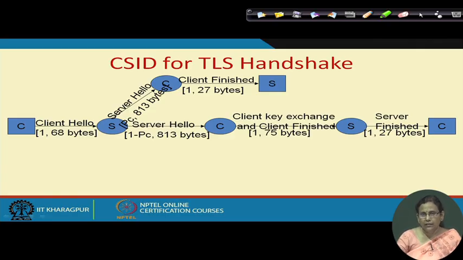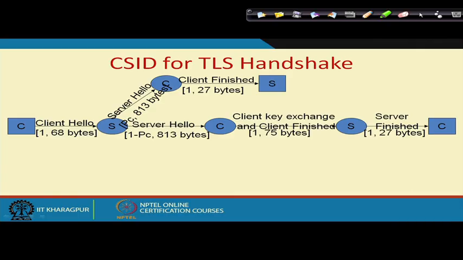Now, when this TLS operation takes place, maybe in the next class we are going to talk about the implication of using the security protocol on the server's performance, but right now let me tell you, it is actually a costly operation. So, therefore, if consecutively we are going to have a number of interactions, every time creating and sharing the symmetric key using private key public key operations is a pretty costly activity. So, therefore, at the server and at the client's end some session will be maintained, and within